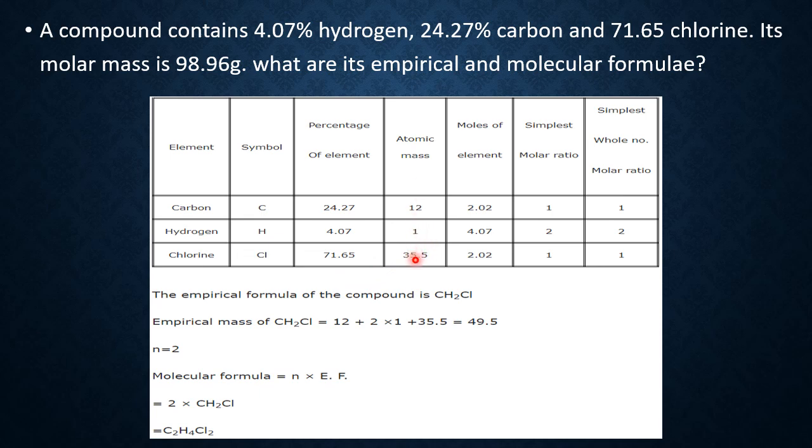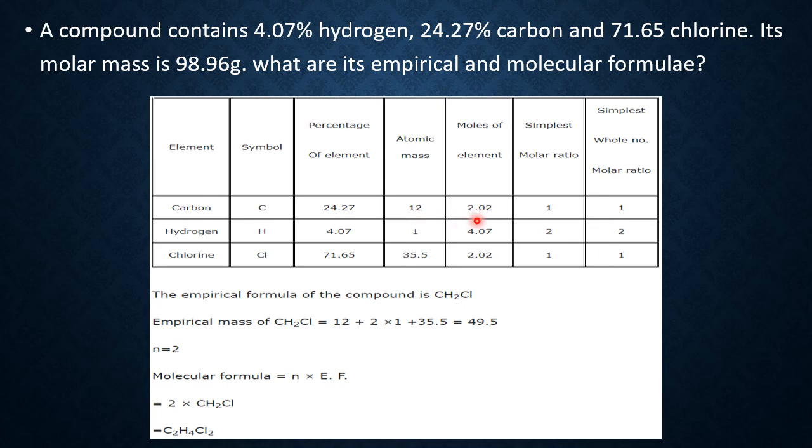Now our next step is what? Next step is, if you divide the percentage composition by the atomic mass, you will get the number of moles of that element. Please recall our previous discussion. For 18 gram of water, this much is the oxygen. For 100, how much? So we have calculated. Now we are going ulta, reverse. So dividing the percentage of element by atomic mass, we will get the number of moles of that particular element.